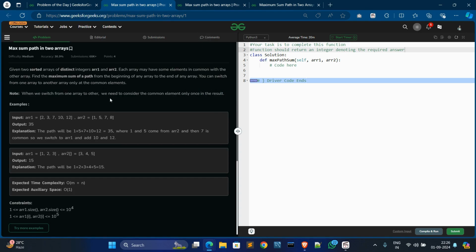Okay. Now given example, this is array 1 and this is array